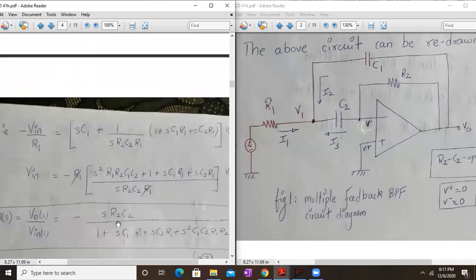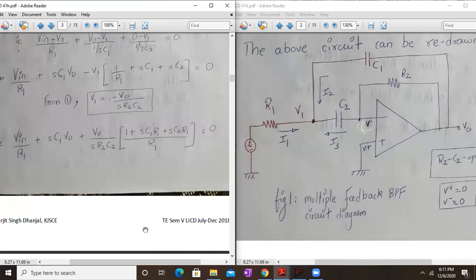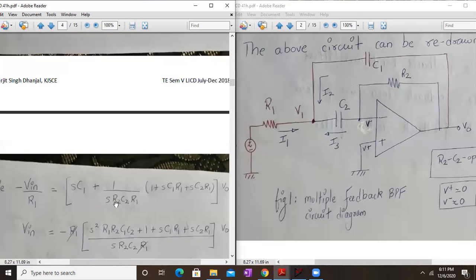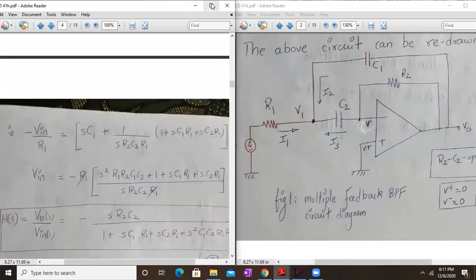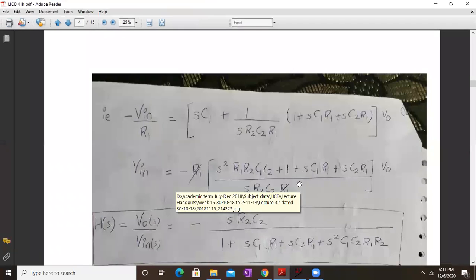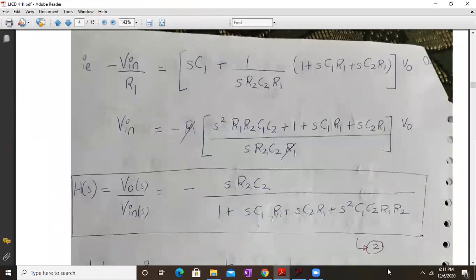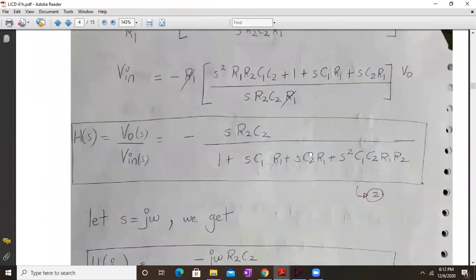Now from this we rearrange the terms. So what we do is we collect all the VO terms together. So what we will get is this. Let me expand it a little. Now V in will be equal to, after this simplification algebraically, we'll get equation number 2,